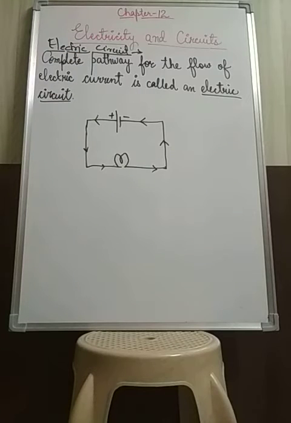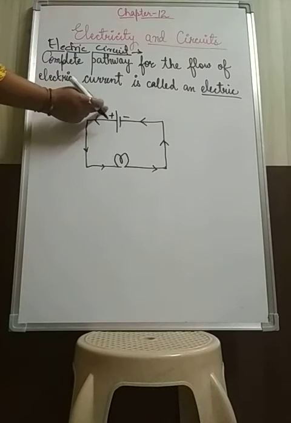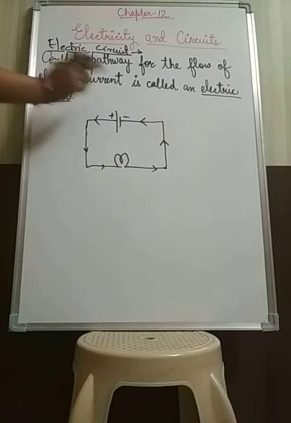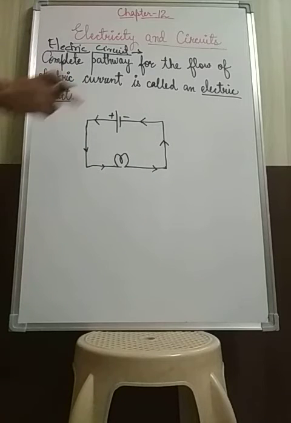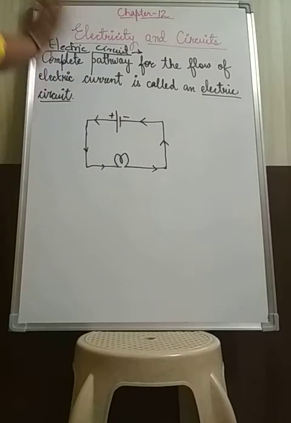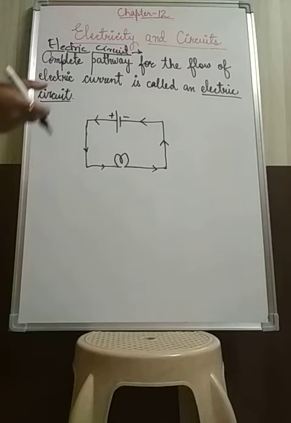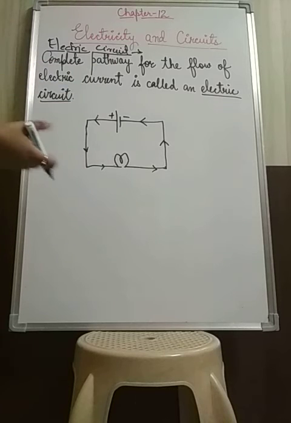In the electric circuit, current is said to flow from the positive terminal to the negative terminal. I told you that the current flows from the positive to the negative terminal of the cell, and for that we need a complete path. There is an activity in which we will make different circuits, and we will see whether the appliance will glow, whether the bulb will glow or not.